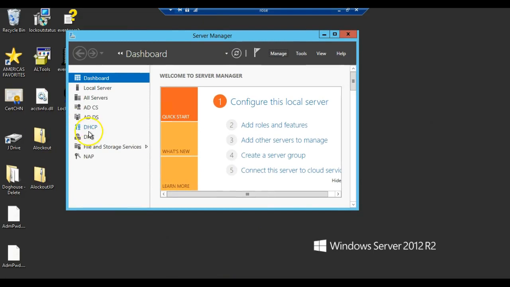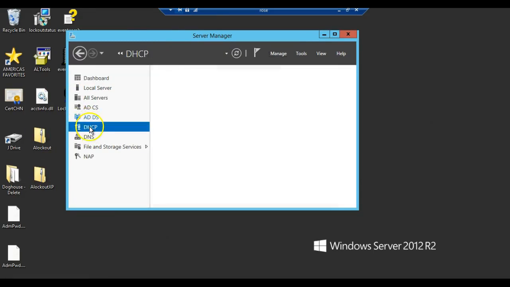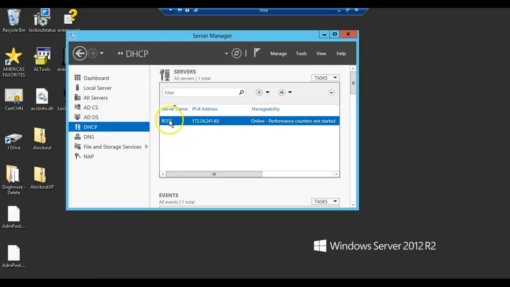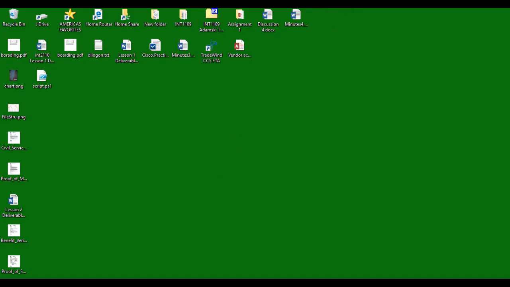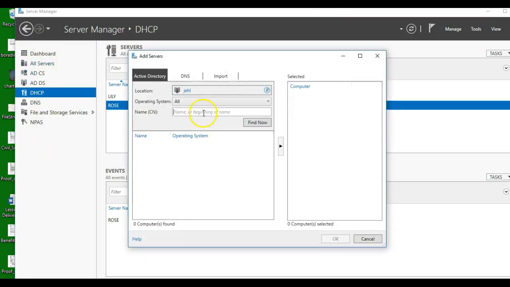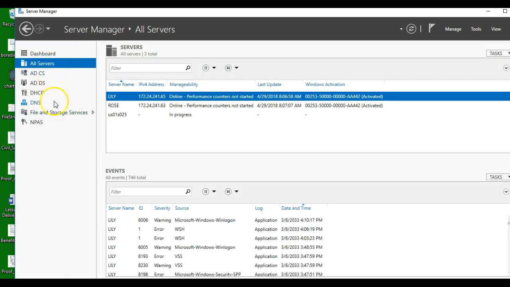Now these roles have populated. I could click on it, right? It'll populate over here. I can then change the DHCP in the same methodology, through DHCP Manager. But instead of being on the server that I have to make the change on, I'm on my desktop or laptop and I'm making that change. So I could add any server that's in my domain that I am able to manage, right? I can make changes here